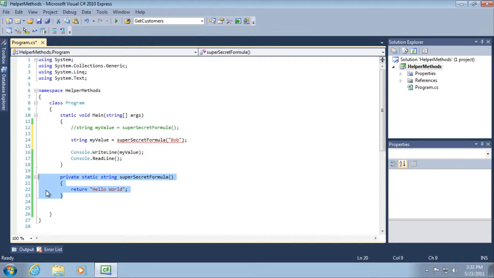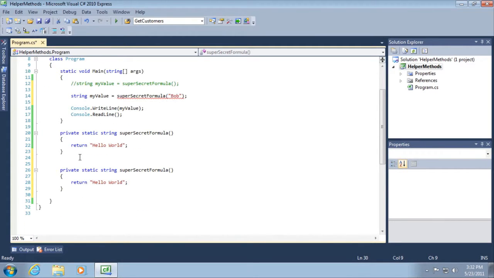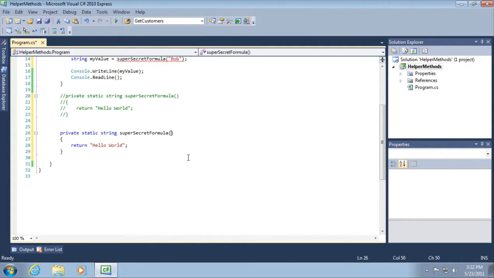So what I want to do is actually highlight this whole area using the keyboard, and I'm going to hit Control C and then Control V to paste. And I know I just said copy and paste is an enemy, but there's a reason I want to do it this time. All right, I'm going to come back to that in just a moment. So here, what I want to do is create an input parameter of type string called name. And then what I want to do is